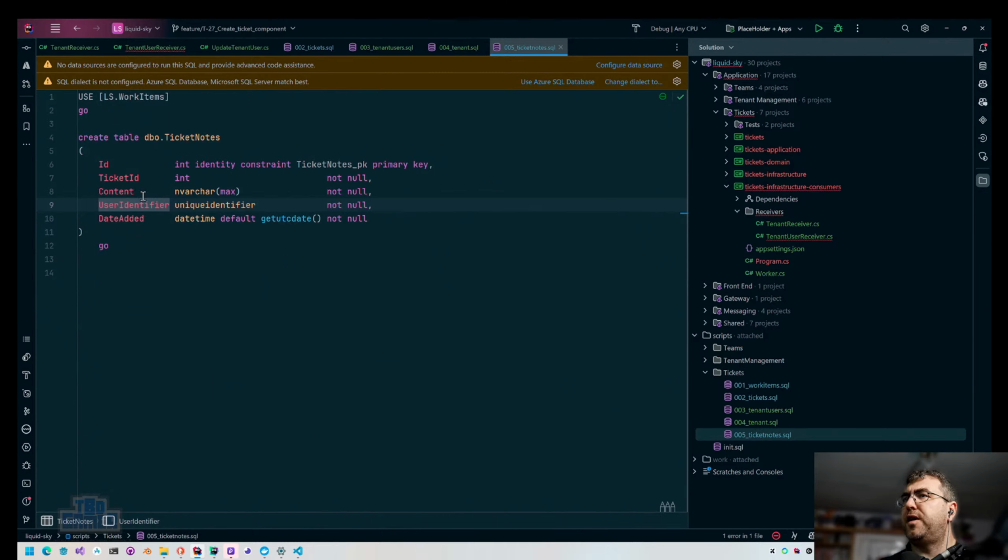This user identifier, again, is for that user assigned to that tenant. So we can still join on tenant users to validate this user can see these tickets. Some of this will have to evolve as we get to actually querying the data, to validate that it is right. But in theory,